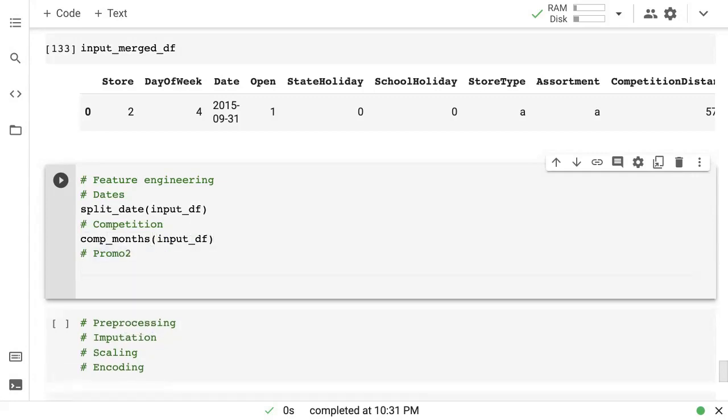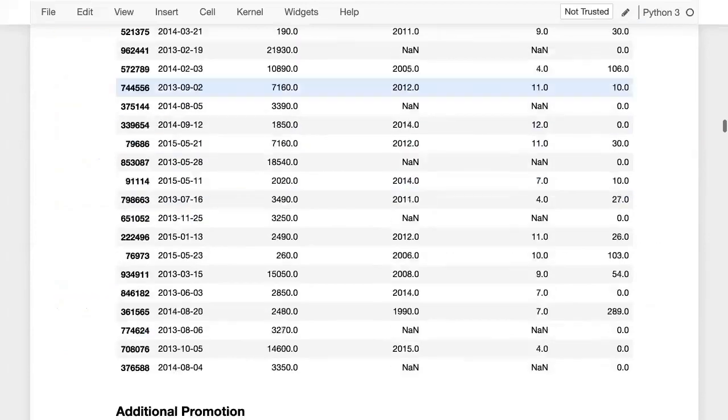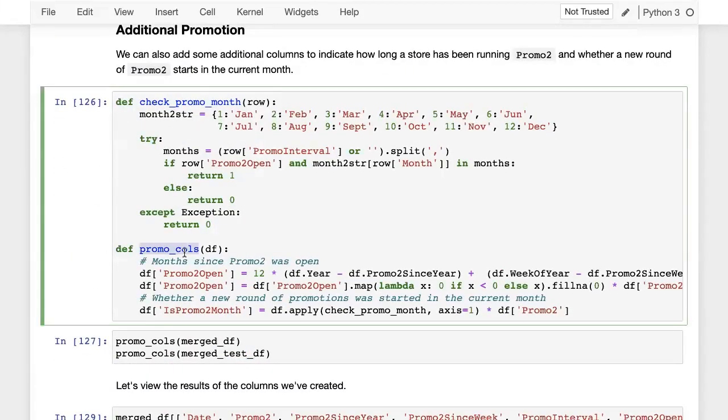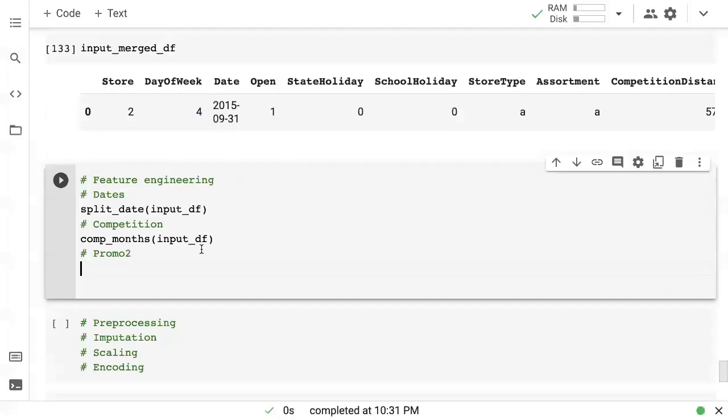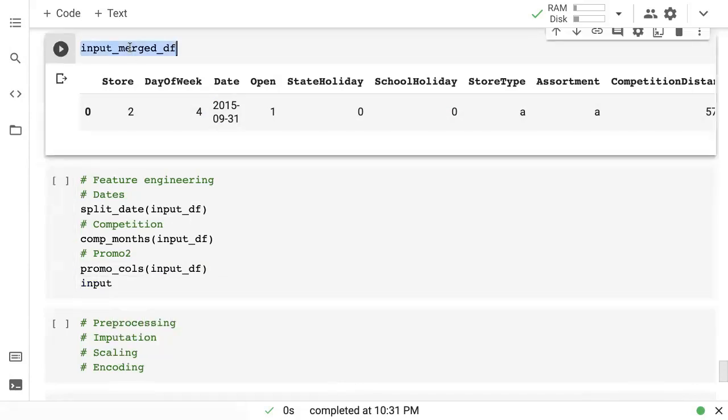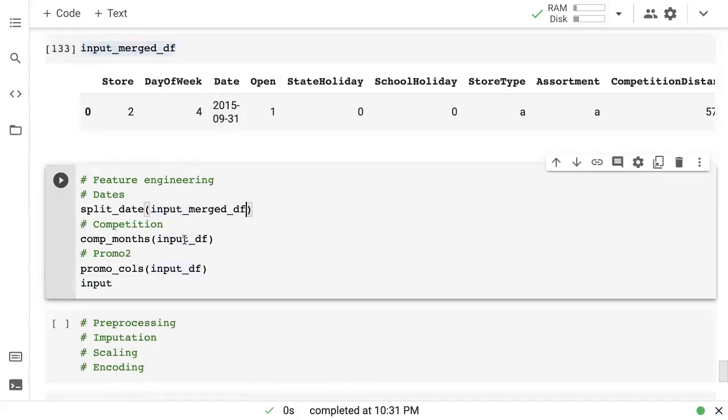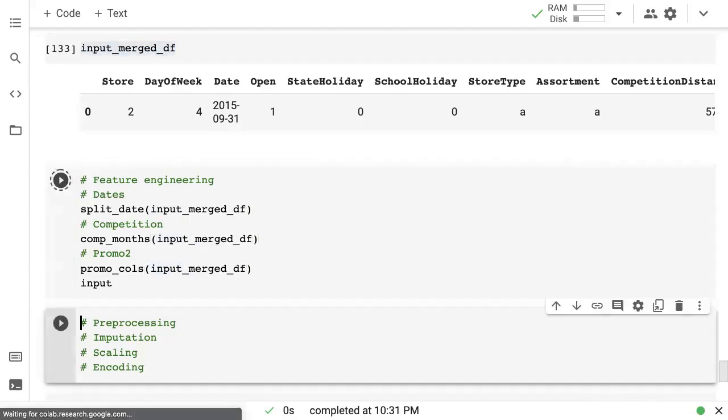Then let's add the promo check. So promo calls is what it's called. Promo calls input df. And let's look at input df after this, or this is called input merge df actually. Input merge df here, input merge df here, input merge df here.